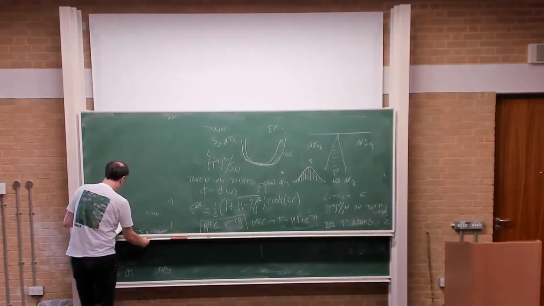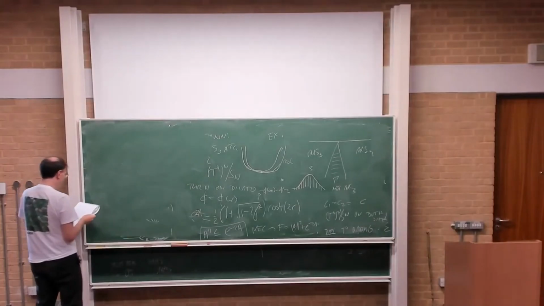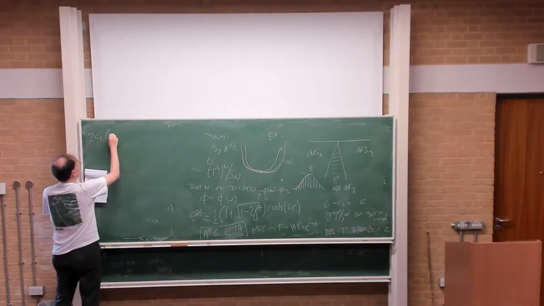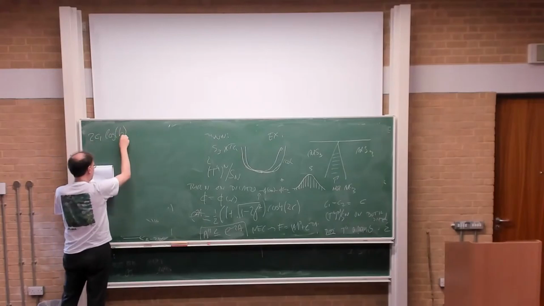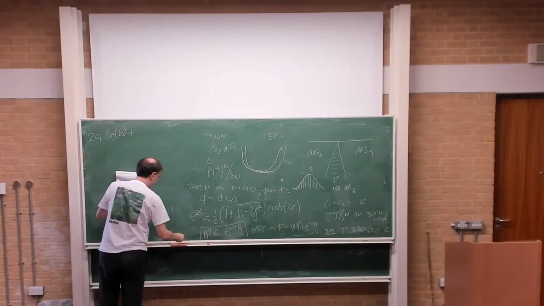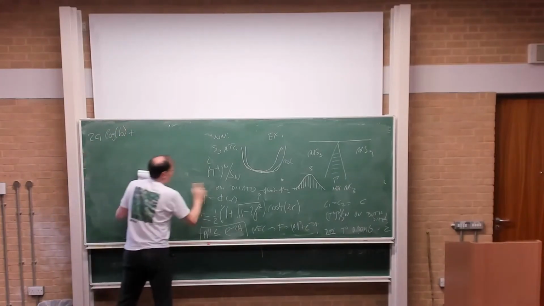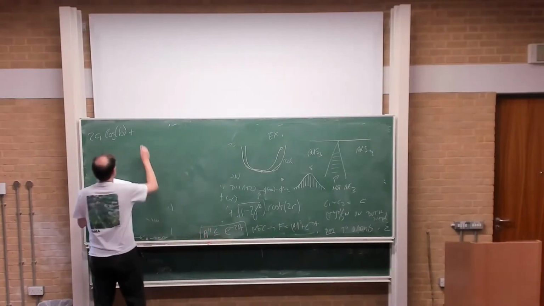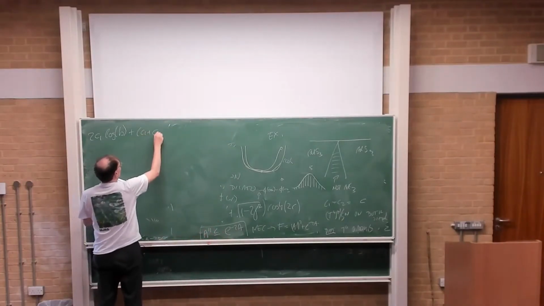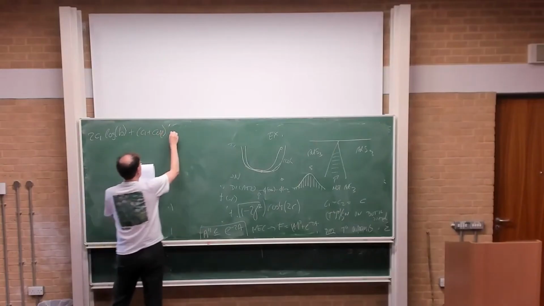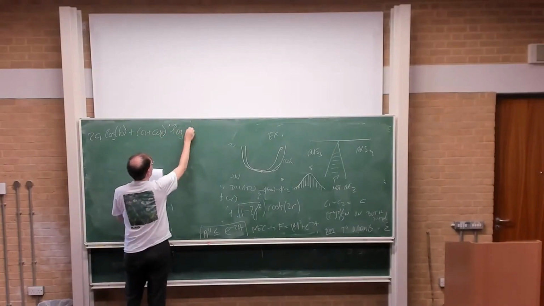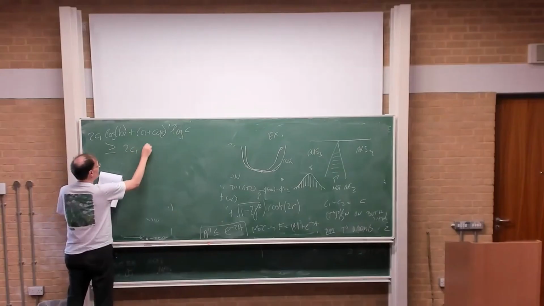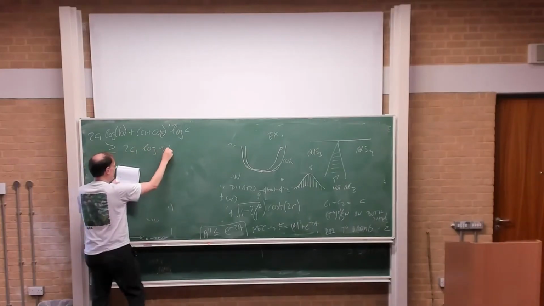If I write down what I have here, I get 2C1 log of B plus C1 plus C effective log of C. These are the lengths of the intervals. It's bigger or equal than 2C1 log of A plus